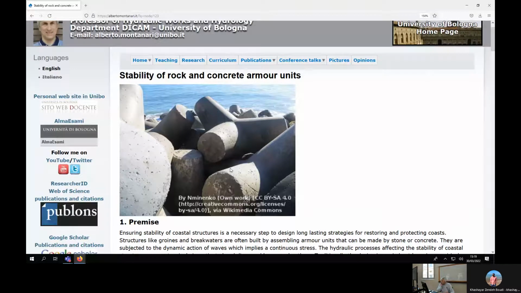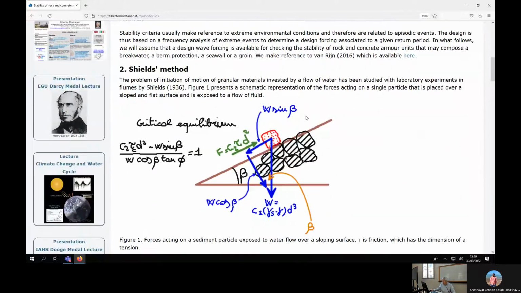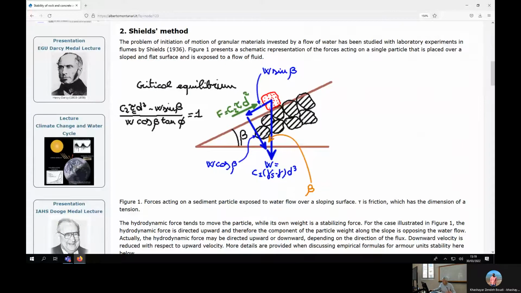But today I would like to focus on the physics of the problem. In particular, let's try to analyze what is the physics of a particle that is placed over a slope that is subjected to forcing operated by waves. So if you look at this figure here, and let's